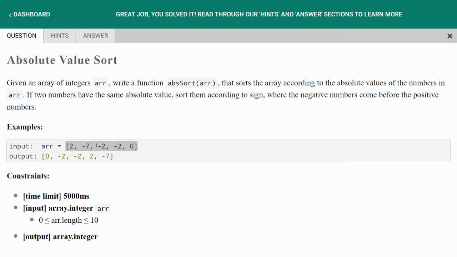First we can sort based on the absolute value, and secondly, we need a dictionary to keep track of how many negatives we have. So the key being the absolute value of that number, and the value can keep track of how many negatives for that particular number. So for example,